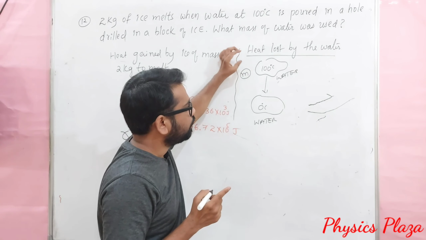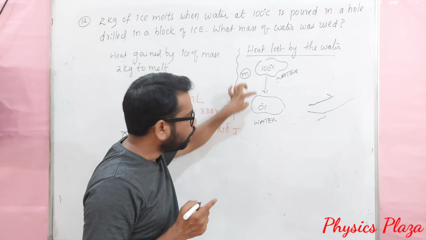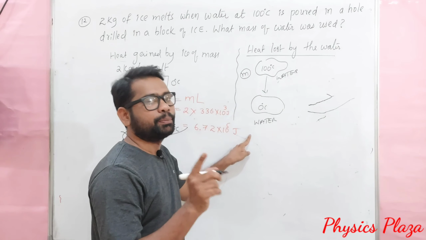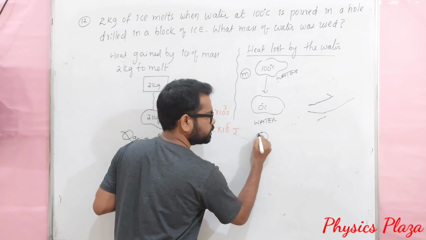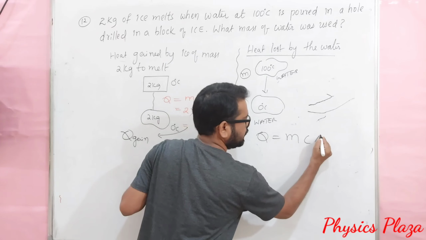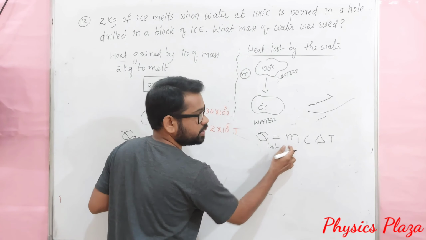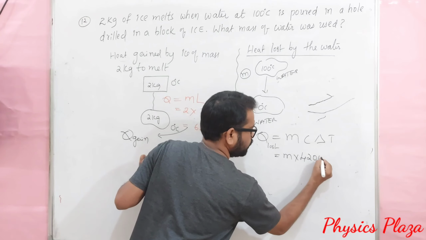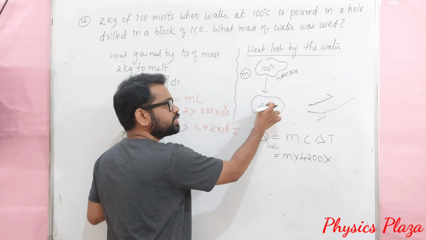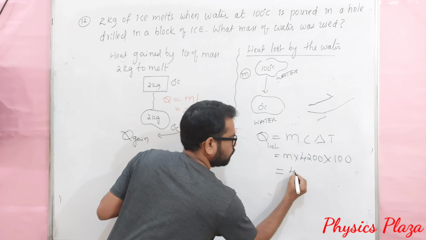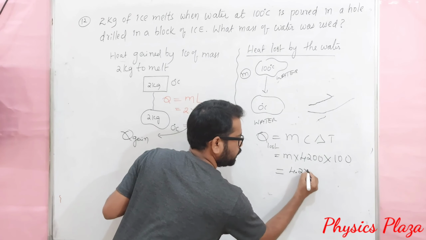So here, what is happening? Water at 100 degrees Celsius goes to water at 0 degrees Celsius. There is no change in state, rather there is a change in temperature. So here we have to use Q = mcΔT. Let us say it is Q lost by the water. m is not given, that is to be calculated. m into c value is 4200, and ΔT is 100 minus 0, which is 100. So children, can we write it like this: 4.2 × 10^5 m joules.